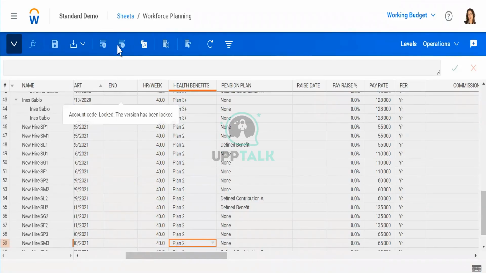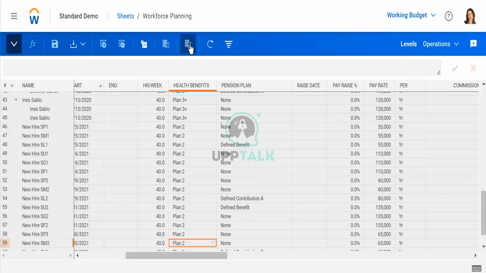Similarly, this is an add row and delete row option. Since we are not able to edit this, you cannot add or delete any row. But suppose you want to add certain rows here. If there are certain employees that you want to add, you can use add row and create that entry here. And then this is copy formula mode and copy values mode. All the formulas will be copied, basically.